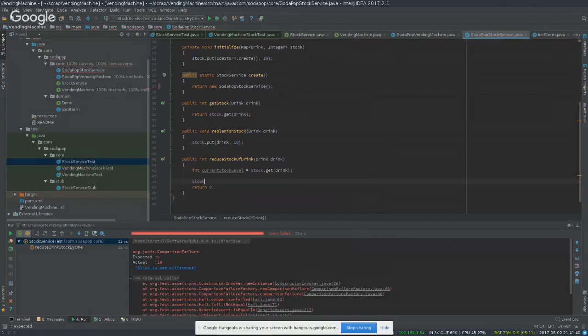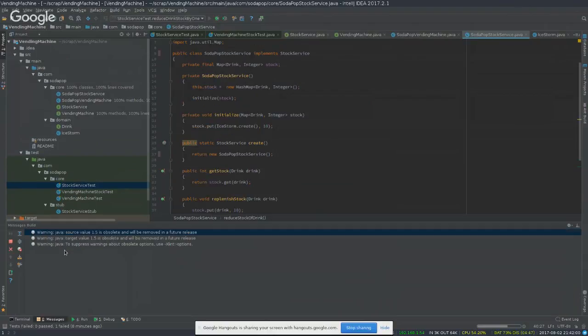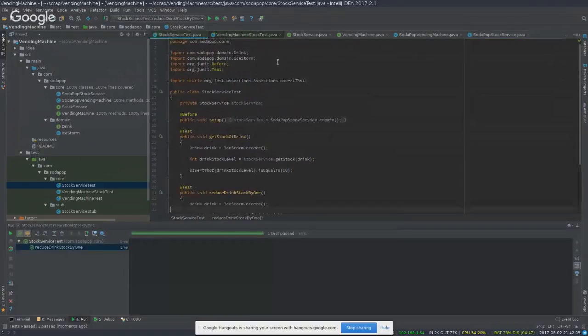So we're going to say stock put for the same drink. We're going to override that value, say currentStockLevel minus 1, okay? And we can just return that value now. Say stock get drink because it's been overridden, right? So we have reduced the stock. So if you just rerun this test now, hopefully this should work, and it does. So now we have the stock being managed properly with an internal state by the